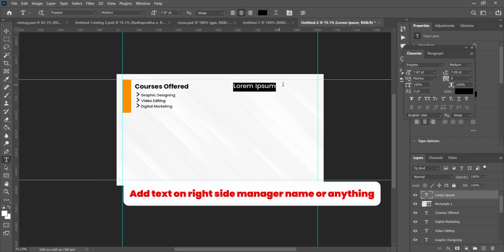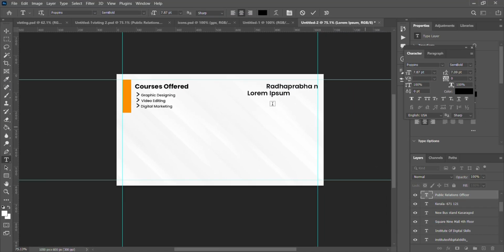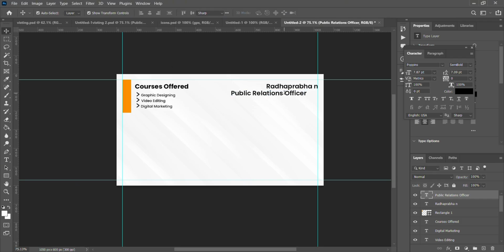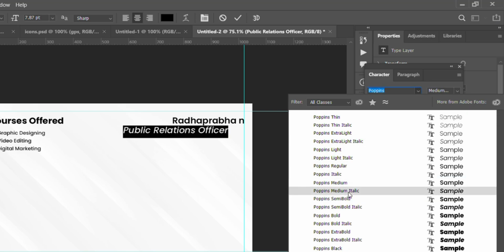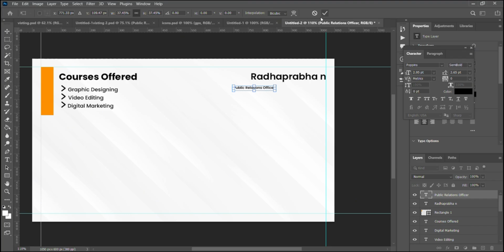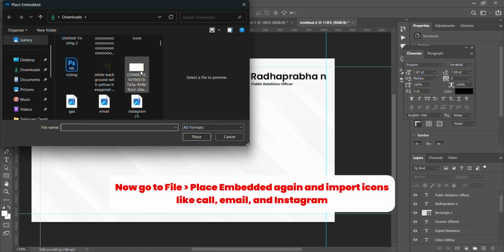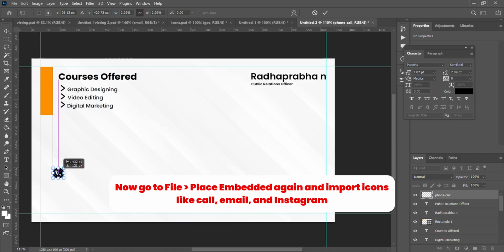Text on right side, manager name or anything, and etc. Go to File, Place Embedded again and import icons like call, email, and Instagram.